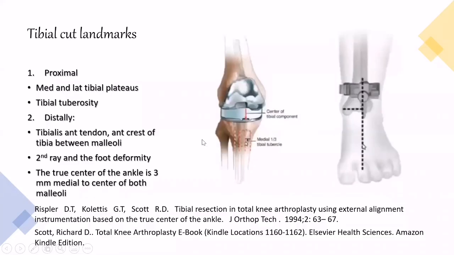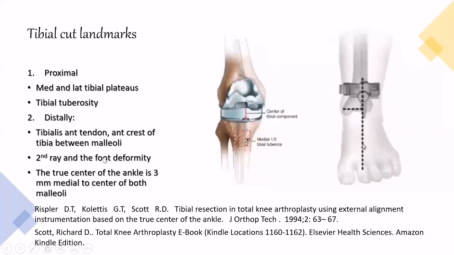So what are these landmarks? We talked about them in the previous lecture, which are either proximal and distal, and we use both of them, not only one. The proximal is the medial and lateral tibial plateau, we are centered between them. And the tibial tuberosity is divided into 3 thirds. Between the medial and central third, we put this